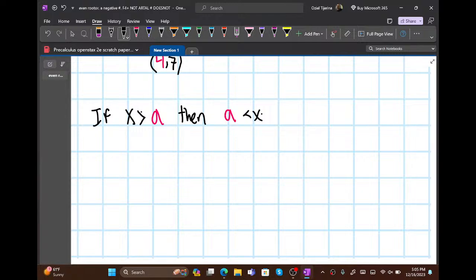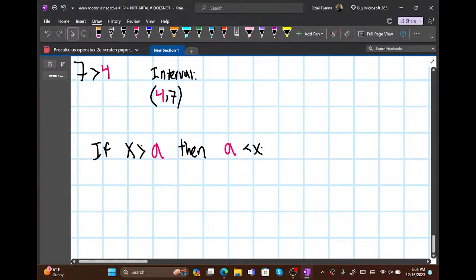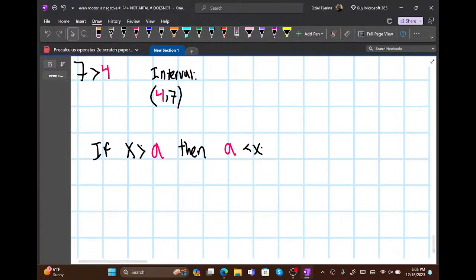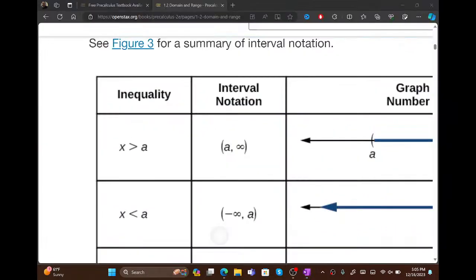Like I said, you can compare it to numbers. Pick two numbers that satisfy the a and x value for both of these inequalities. But you just have to understand the definitions of those inequalities, what they mean. Now, in this case, we know that